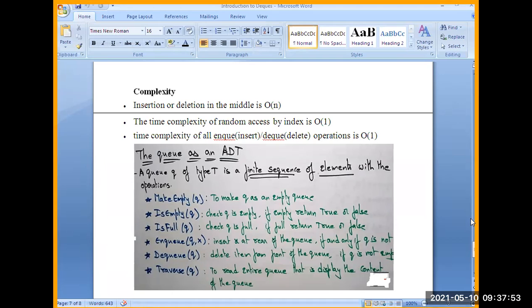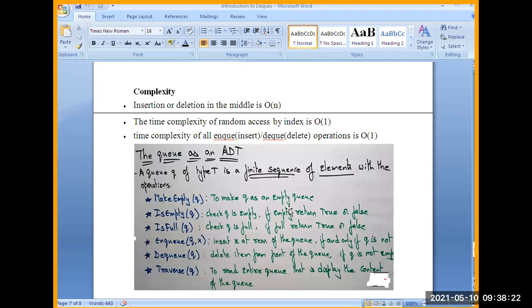Just remember that Q ADT is a collection of data and a set of operations performed on that data. So here operations for Q as ADT are make empty, is empty, is full, NQ, DQ, and traverse.